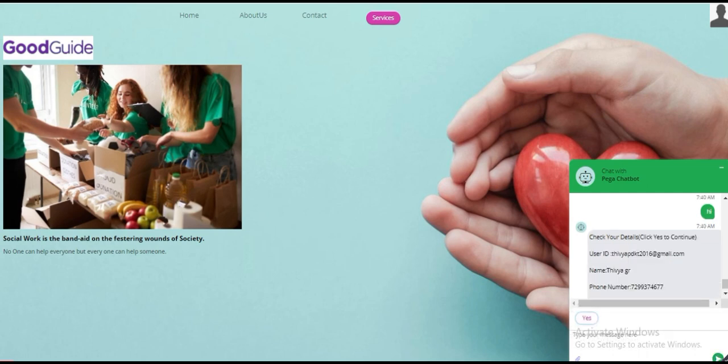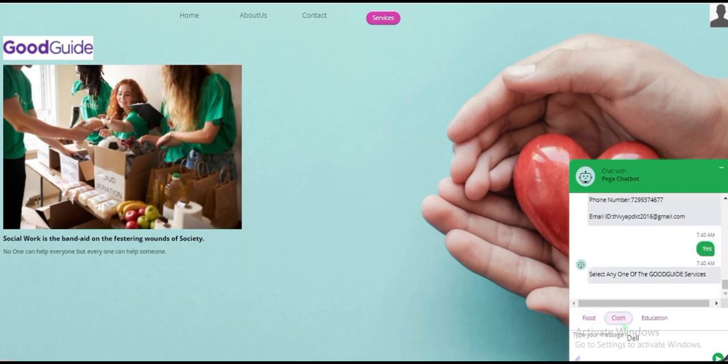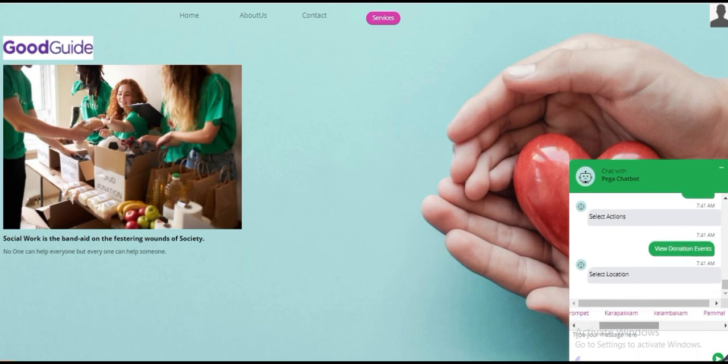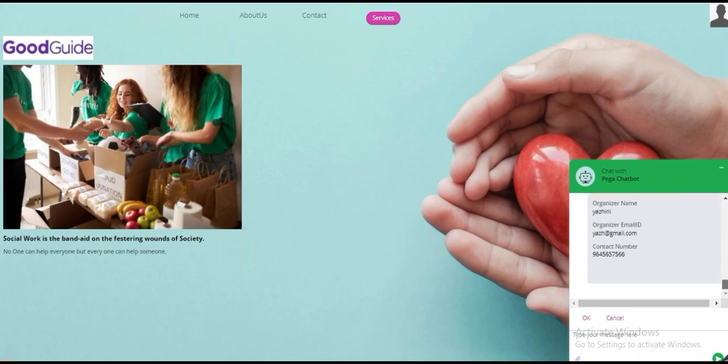If we click on view donation event, the event details which he entered here will be displayed on the attendee side. If he wants to attend the event, he can attend, or he can simply raise a request to deliver the food to the particular address he is giving. Here we can see the event which we have created in that particular location. If we want to view the requests alone, we can simply view, and if you want to raise a request, we can raise a request, or you can simply click on no and enter service case type.